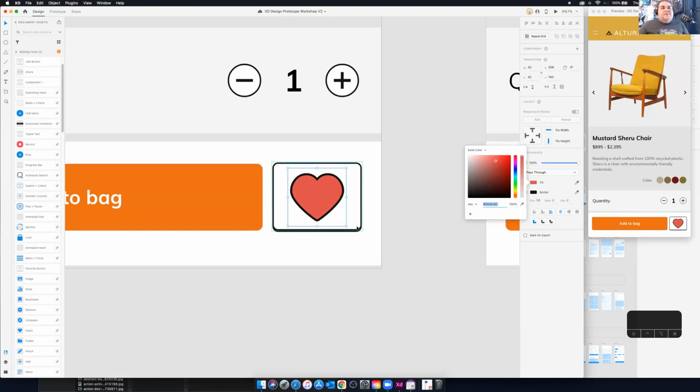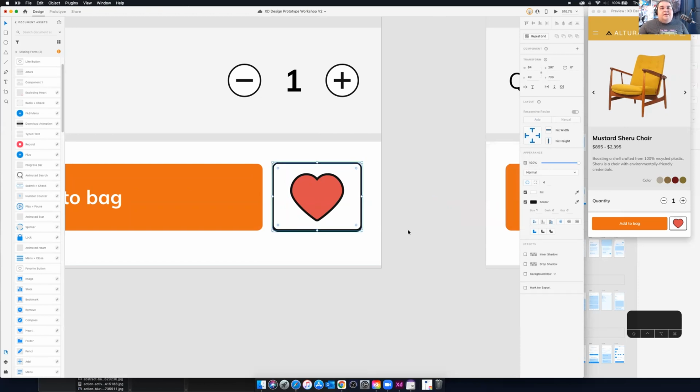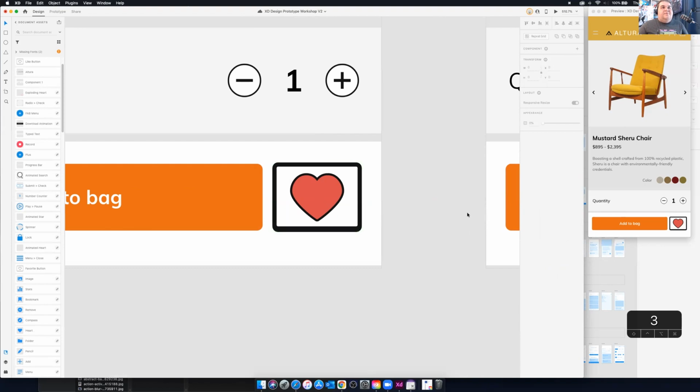And then I'm going to take this border and maybe I will make it a little bit broader. So like 3 pixels. I haven't done this that way before, but just something that visually indicates that, yes, this is a button that we clicked here. So then we'll come back here,